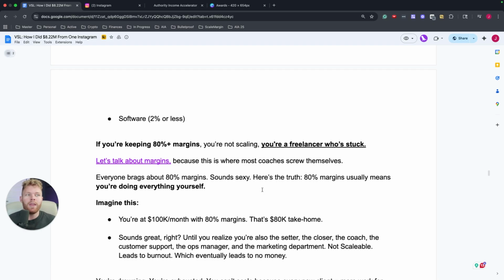Here's the honest truth. 80% margins usually means you're doing everything yourself. I saw somewhere recently someone saying they're doing $500,000 a month with 85% margins, and they have all these clients and they only work 4 hours a week. It's not possible, and it's not possible in a very competitive market. Every industry is different, but at the end of the day, I have not found anyone successfully do that and also fulfill for their clients, because I think it's unethical if you have people paying you $10,000 plus and you're dedicating less than 4 hours a week to 100 plus clients.